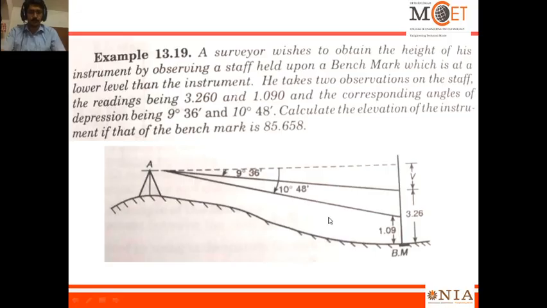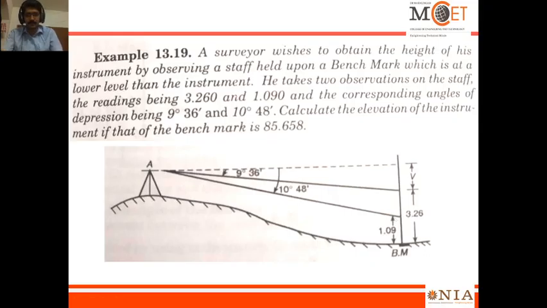The staff is held upon the benchmark, which is at a lower level than the instrument. So from the instrument, the benchmark is at a lower level. He takes two observations on the staff, the readings being 3.260 and 1.090. So from here we can see this reading will be 3.26, this will be 1.09, and the corresponding angles